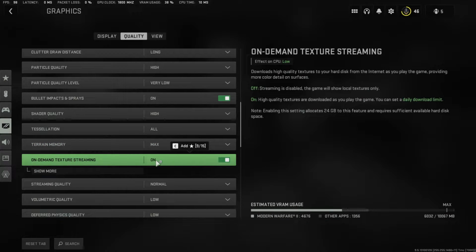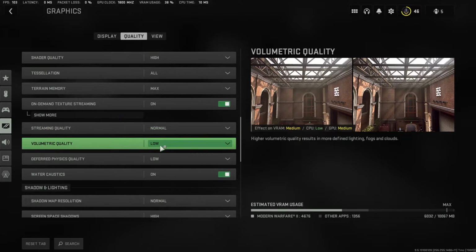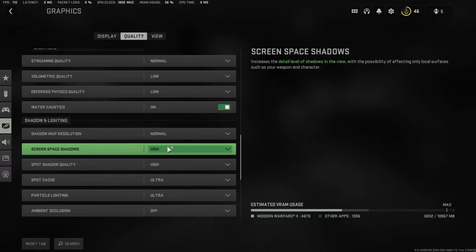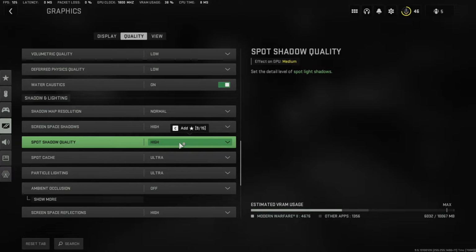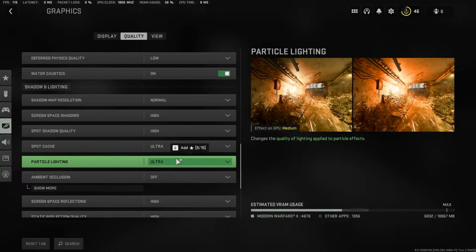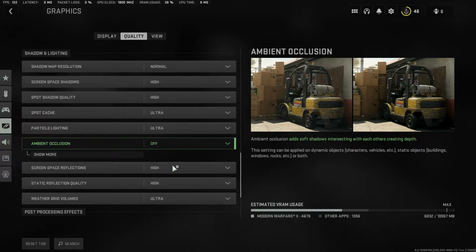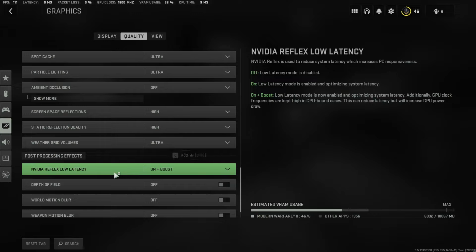This is entirely up to you. On-demand texture streaming, I leave it on because I have quite fast internet. But if you don't, I would leave this off. Streaming quality normal, volumetric low, deferred physics quality low, water caustics on, shadow maps normal, screen space shadows high, spot shadow quality high, spot cache ultra, particle lighting ultra, ambient occlusion off, screen space reflections high, weather grid ultra, low